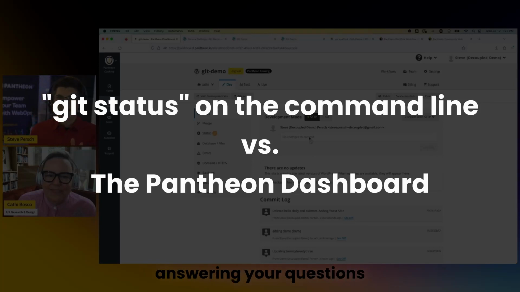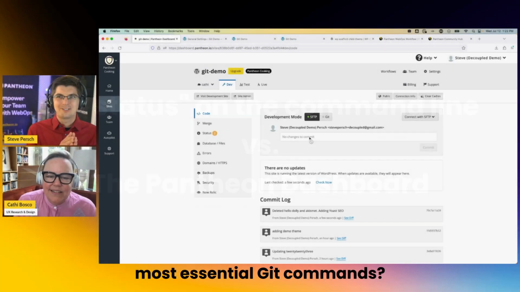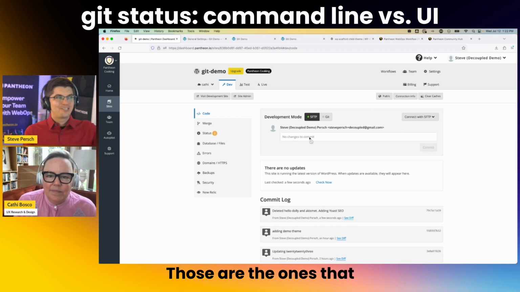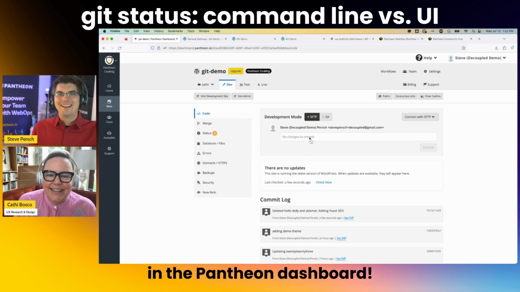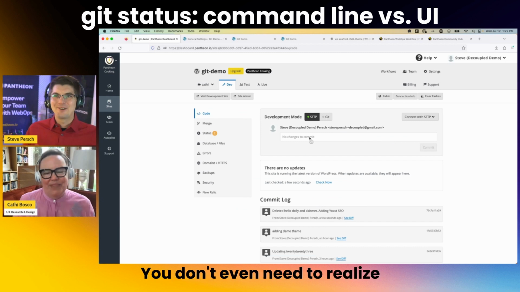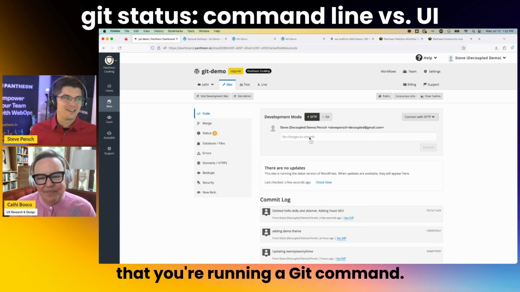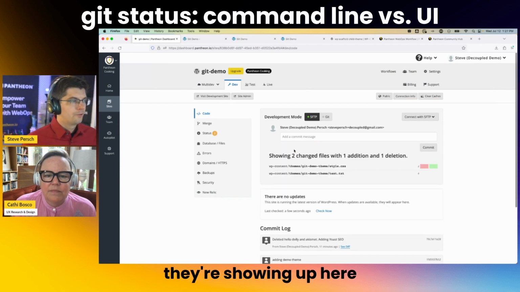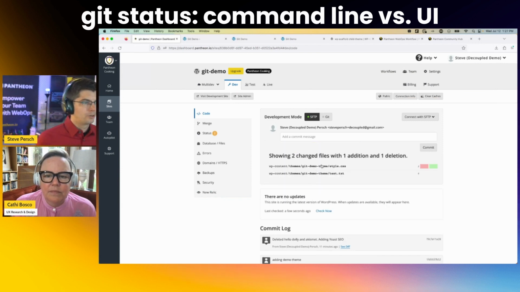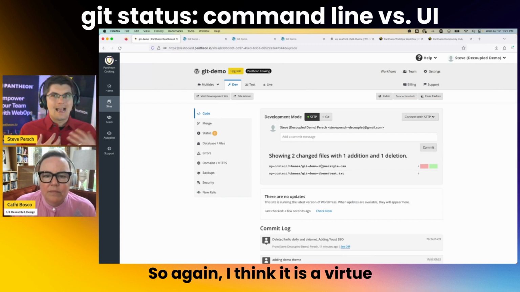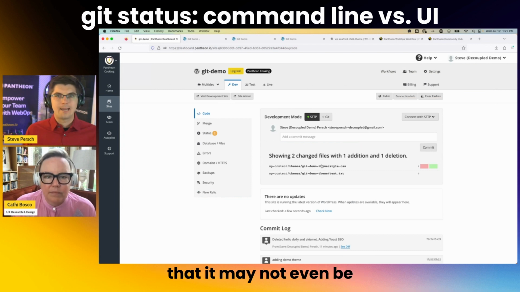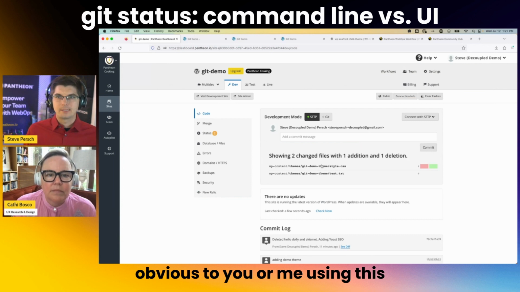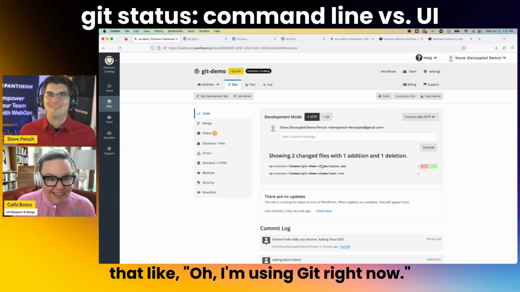My roundabout way of answering your question of what the most essential Git commands are: they're the ones that are just abstracted for you in the Pantheon dashboard. You don't even need to realize that you're running a Git command. As I make changes to that file, as I add more files, they're showing up here in the Pantheon dashboard. So again, I think it is a virtue of this way of doing things that it may not even be obvious to you or me using this that, oh, I'm using Git right now